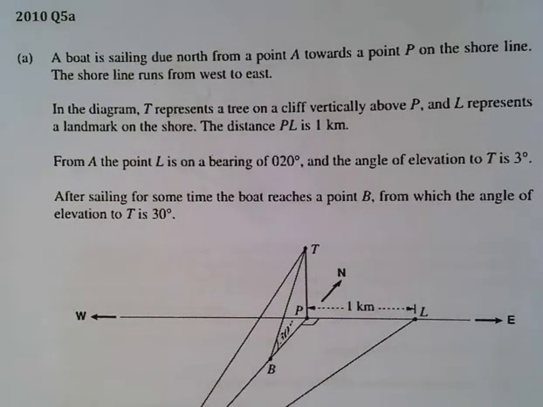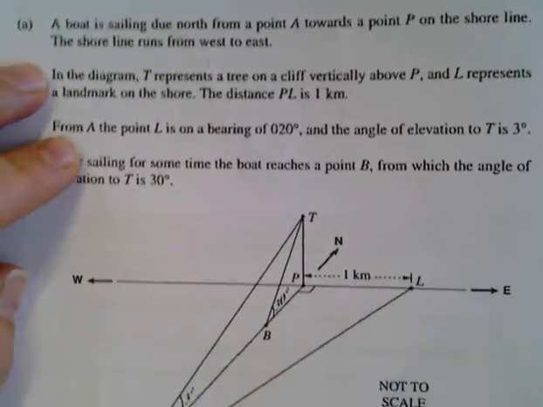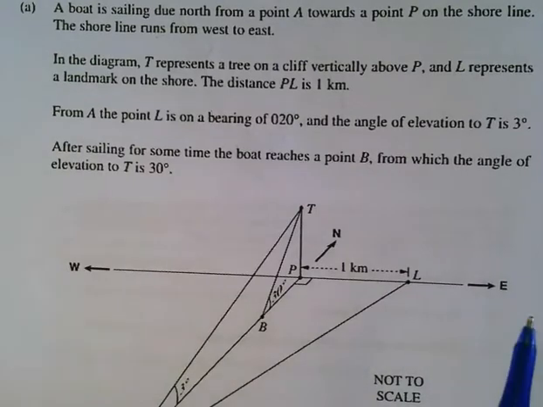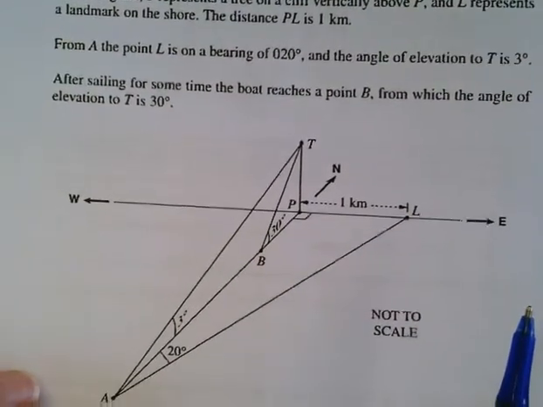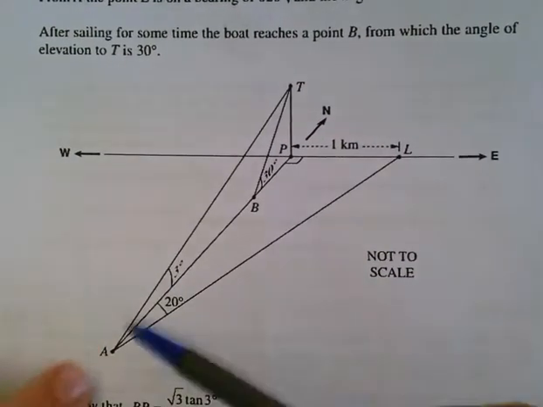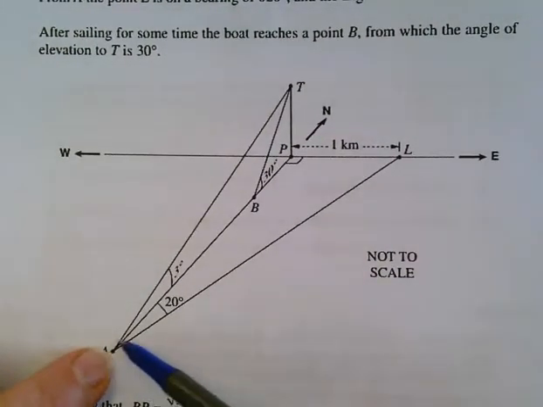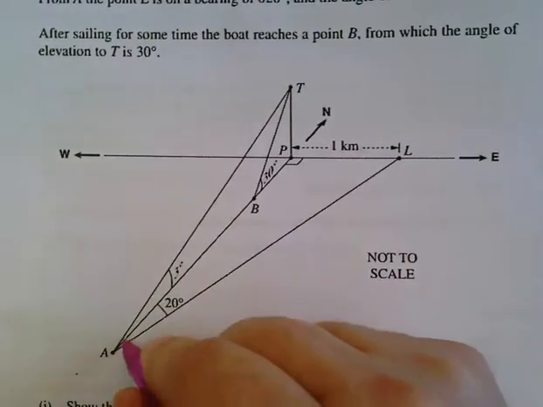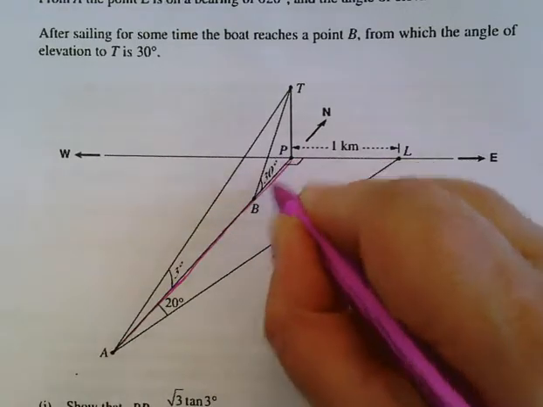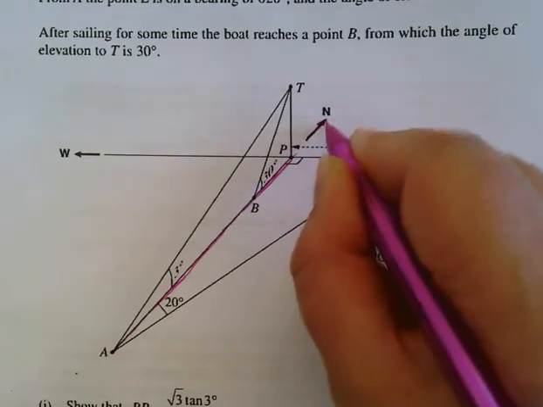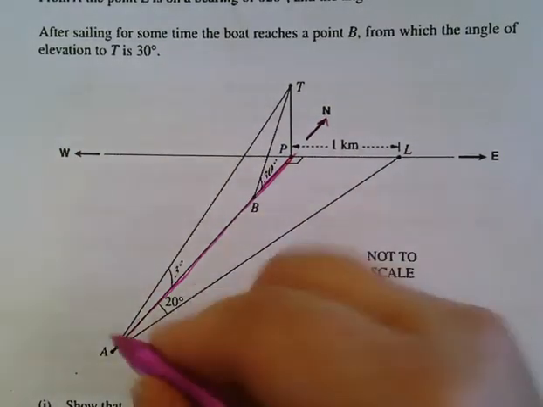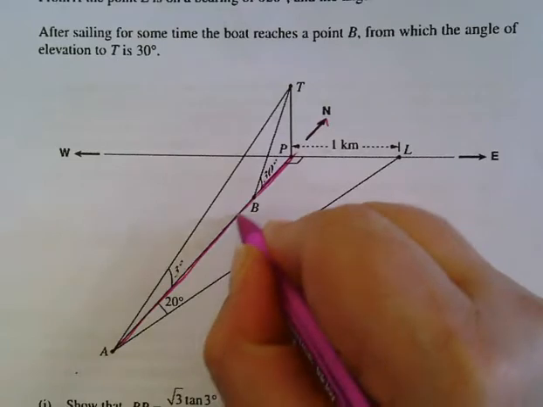HSC question 5A. A boat is sailing due north from a point A towards point P on the shore line. So it's sailing north from A to P. Let's look at the diagram. It's sailing from A along the pink line, from A to P, and see how there's a north sign there? That is due north. That means that A is south of P. So the boat's going along there, due north,